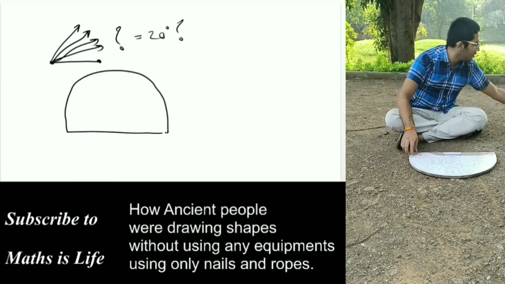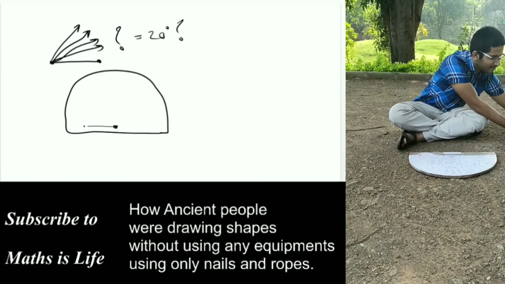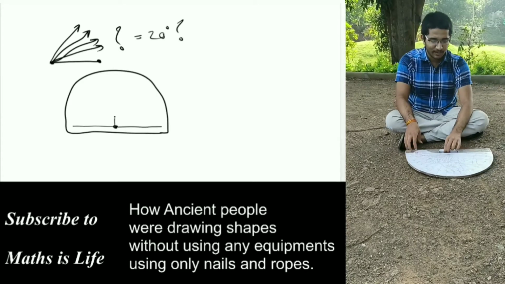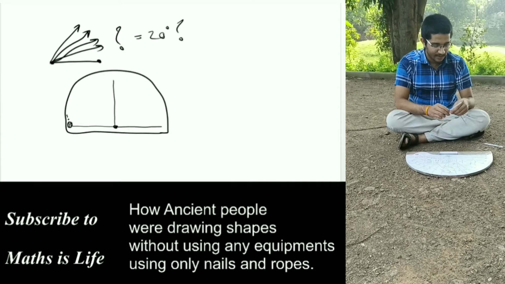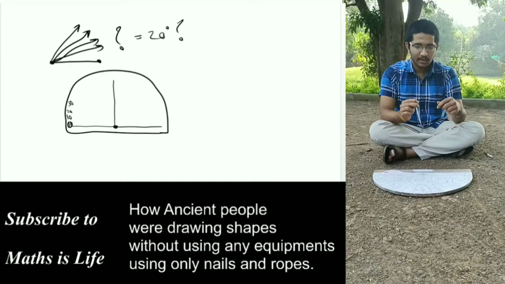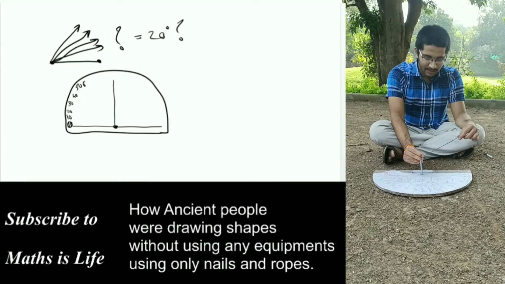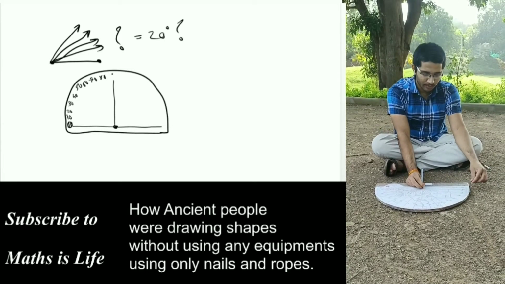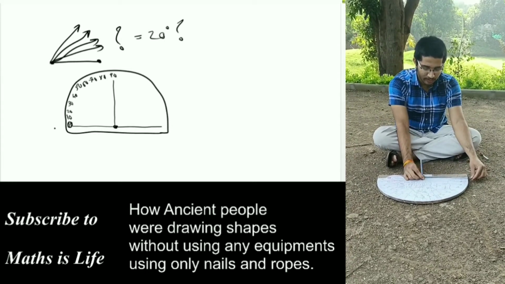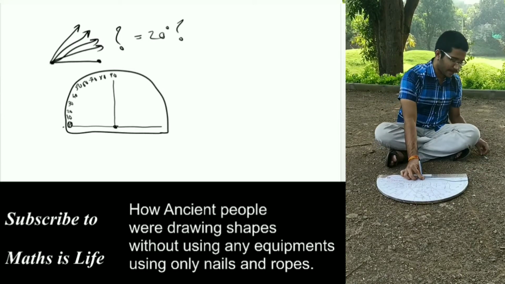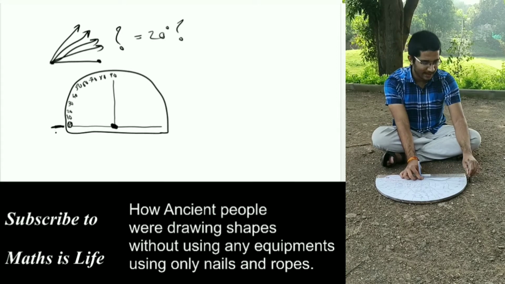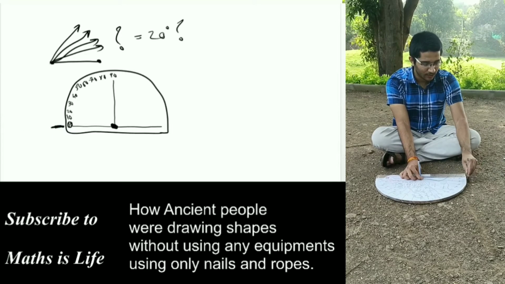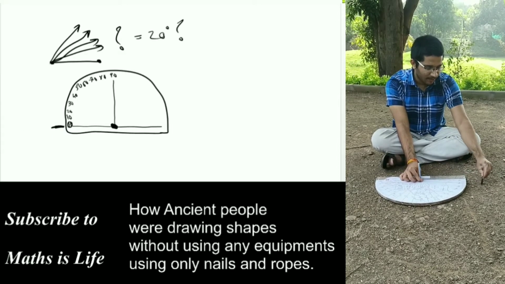Let's take this protractor, then keep one nail, or the nail which is fixed. So I should fix that nail actually. Take one nail and put it inside here, and take this rope at the bottom of this point so that we can perfectly match that. Then we will take one point here at 0 degree. You can take on any side, on that side or this side, anywhere. So this is a line part.